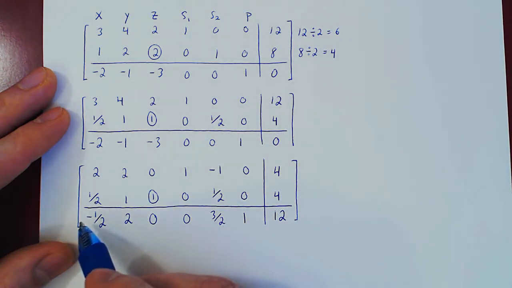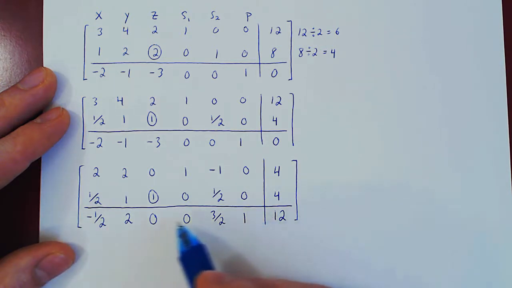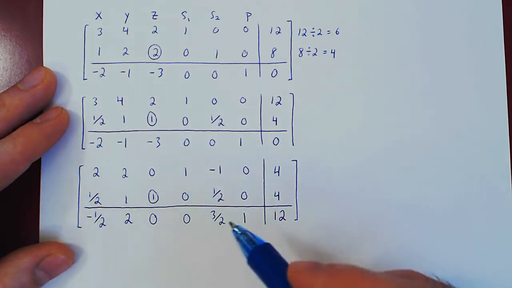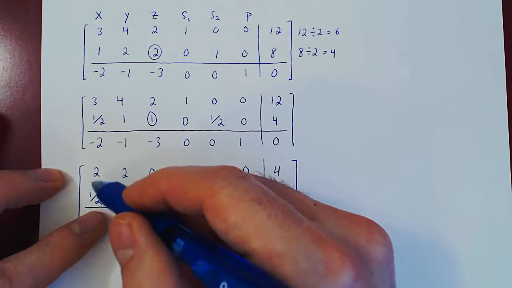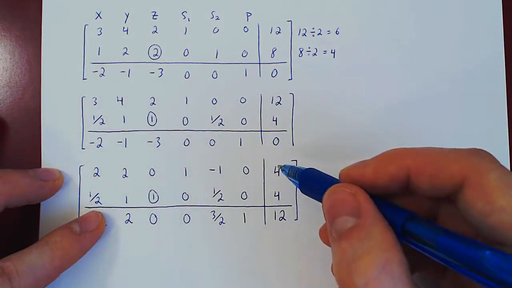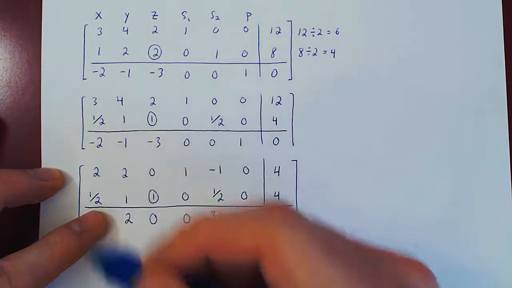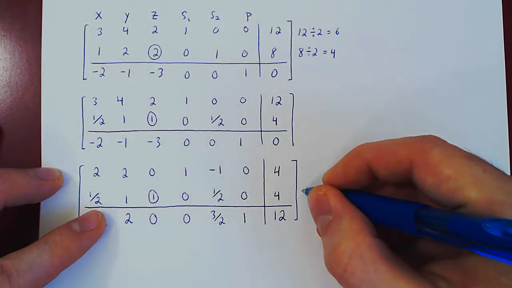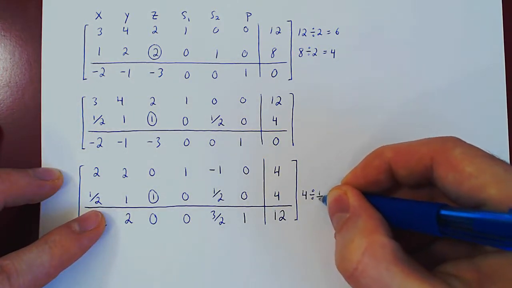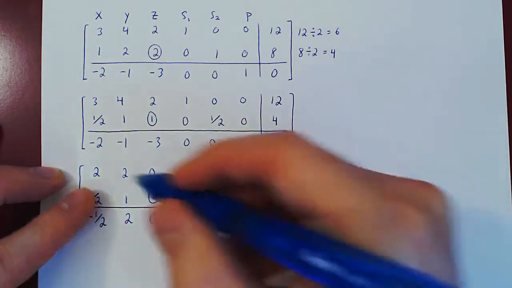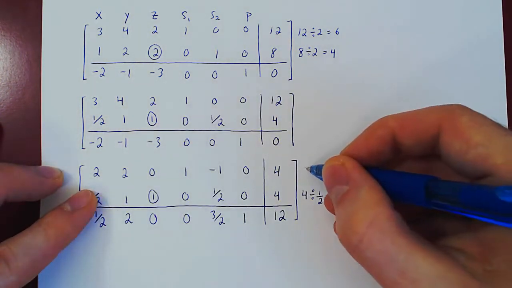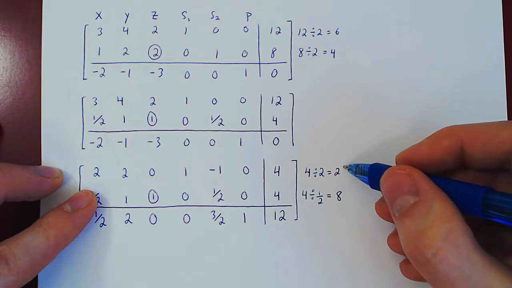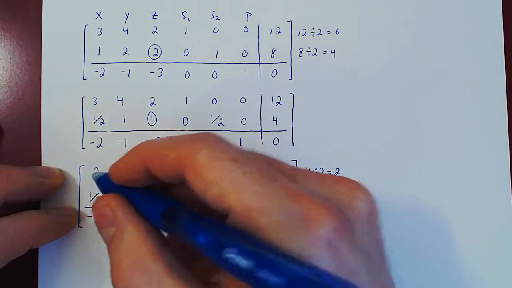So we would single out the larger negative entry in the bottom row, as there's only one, not much of a choice. And now again we have to consider in the column above the ratio of the constant term over the entry if that entry is positive. So here we'll have 4 divided by 1/2, which gives us 8. For this entry, we'll have 4 divided by 2, which gives us 2. Well, the smallest ratio is clearly 2, and so we now turn this entry into a